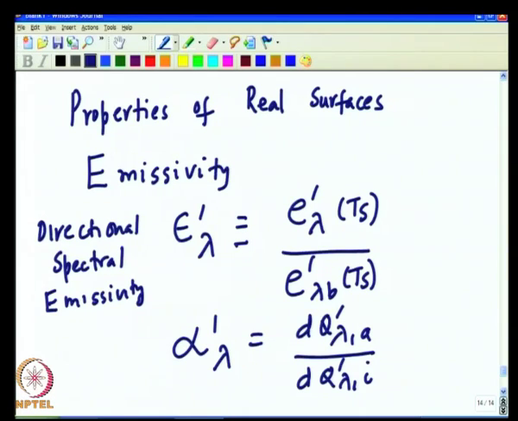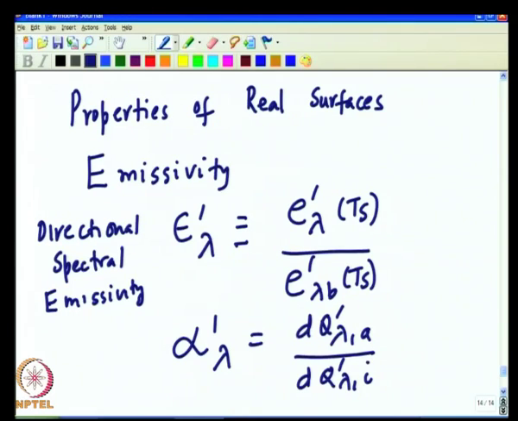Emissivity is defined as a ratio of the actual emission to the blackbody emission, while absorptivity is defined as a ratio of radiation absorbed to the radiation incident. So, there is a fundamental difference between these two definitions, but remember at the microscopic level